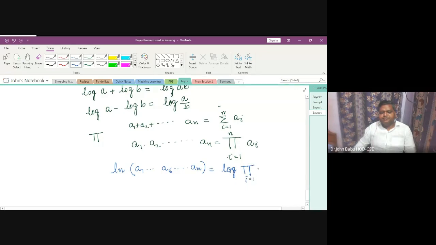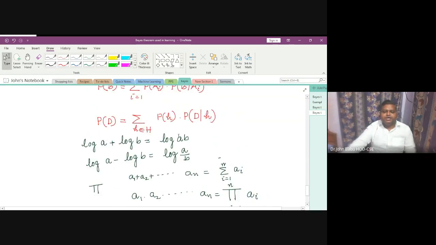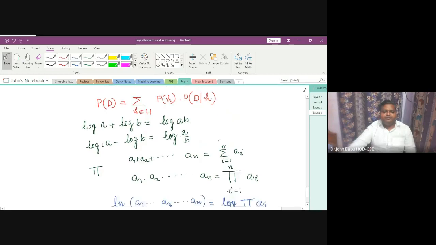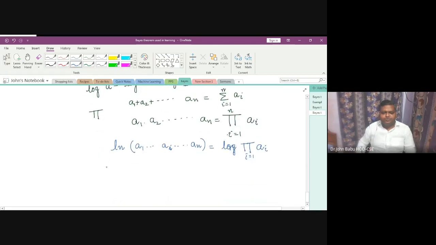What I am just telling you is the mathematics formula. I will come to the problem later. So what is logarithm of AB? Logarithm of AB is equal to log A plus log B. So this is logarithm of A1 plus logarithm of A2 plus so on logarithm of An. So this is sigma of log Ai.